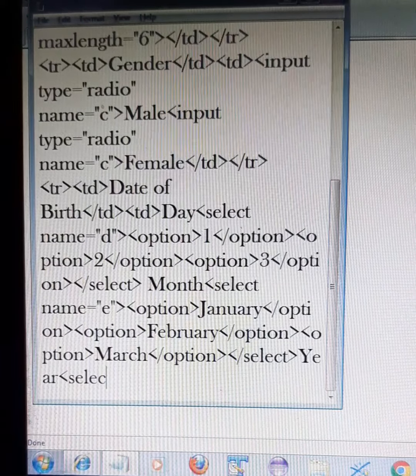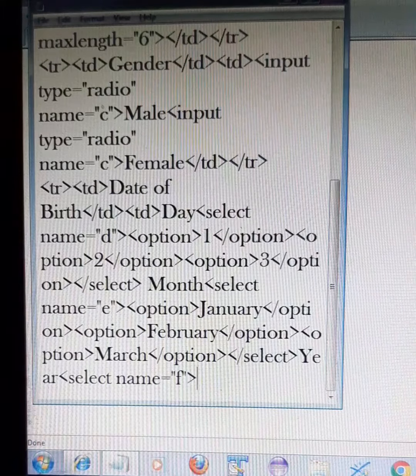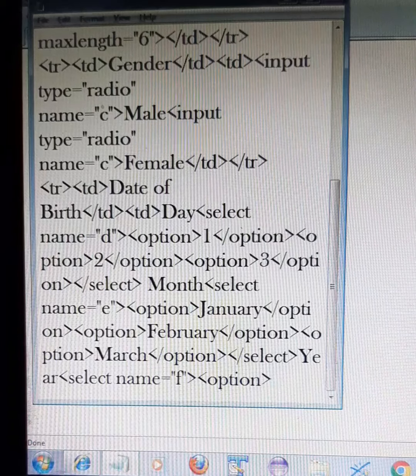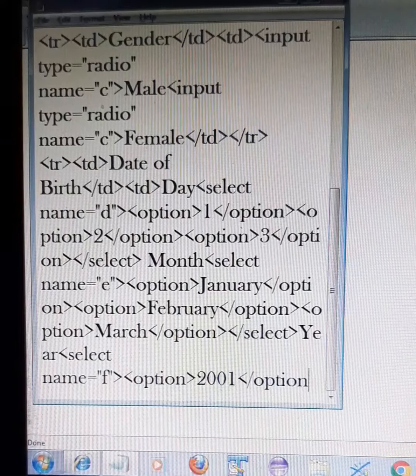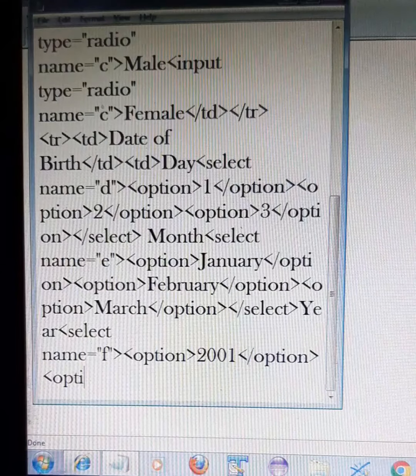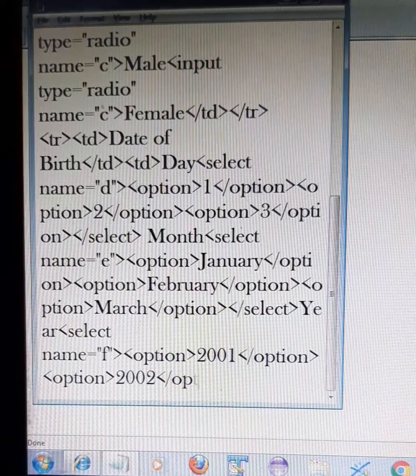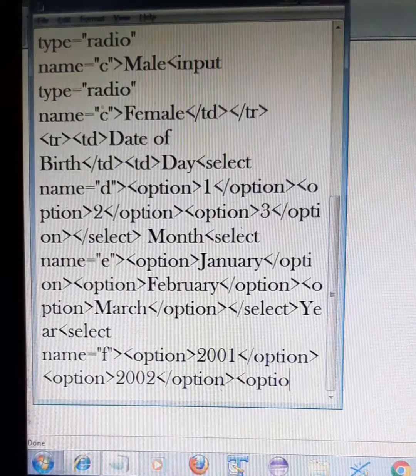Then I want the year. Again I'll open a select, name is equal to F, and I'll give some options, like suppose this is 2001 /option, then again option 2002 /option, then option 2003 /option, then /select.